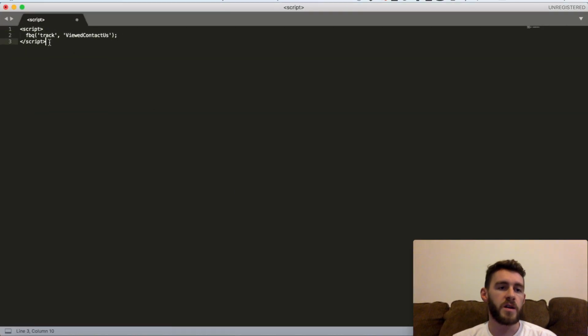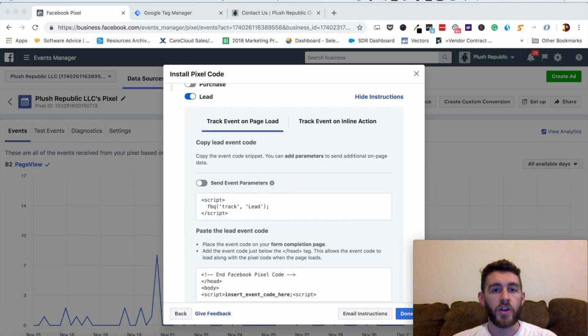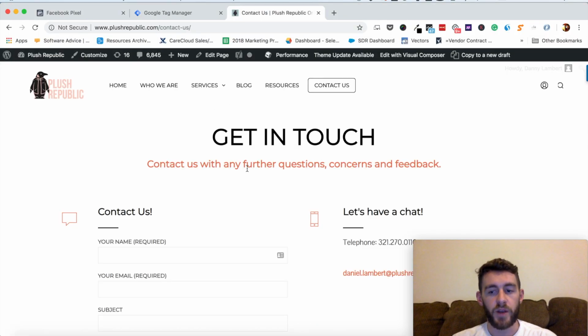Don't let this deter you, right? So here is the code that we had first. It said lead, and all I want it to say instead of lead is viewed contact us. Now, I could go to the contact us page and put it here like I showed you in the last step, but the more appropriate way to do this so that everyone can manage it is to do it through